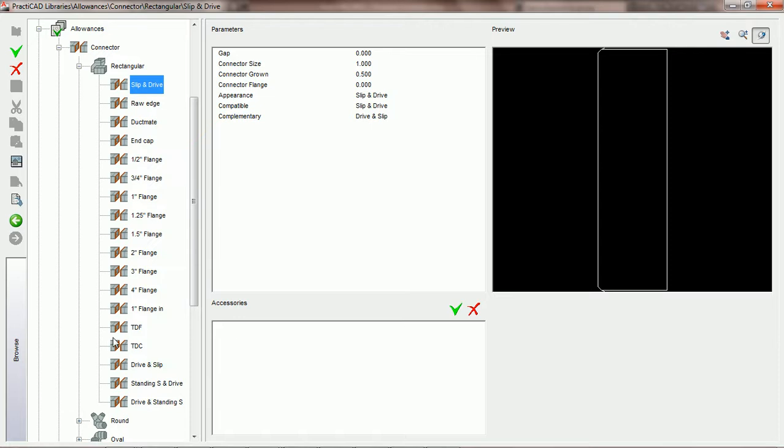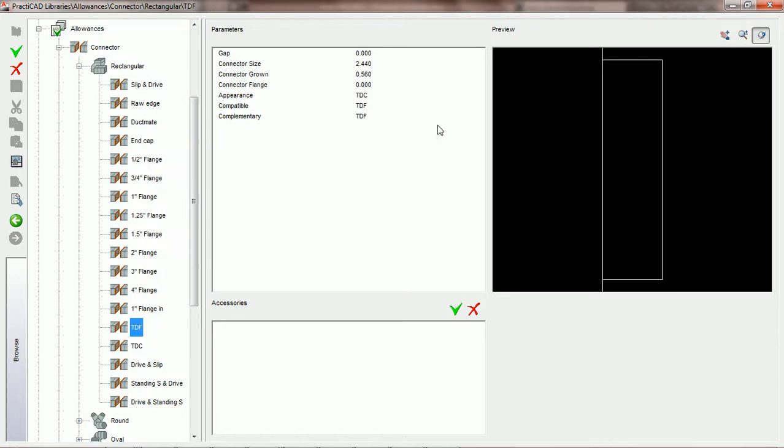For example, if we click on the TDF connector, you can see that we have connector size and connector grown. And we've gone over this in the tutorials for parameters. The difference between connector size and connector grown is actually the length of the flange. But when there is a difference here, that length of the flange is taking away from the material of the fitting itself. That's why TDF, when you look at the finished length, happens to be 56 inches on average, because we usually have a 2-inch flange because we use 2 inches of material to form it,